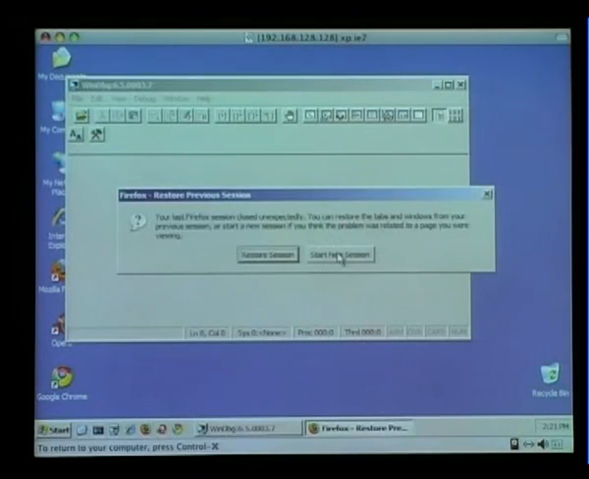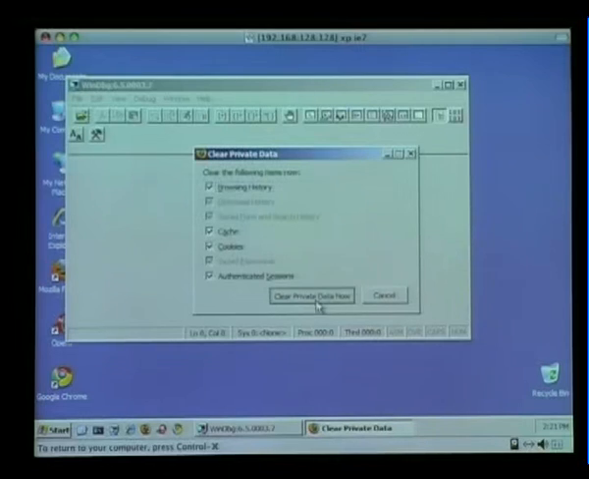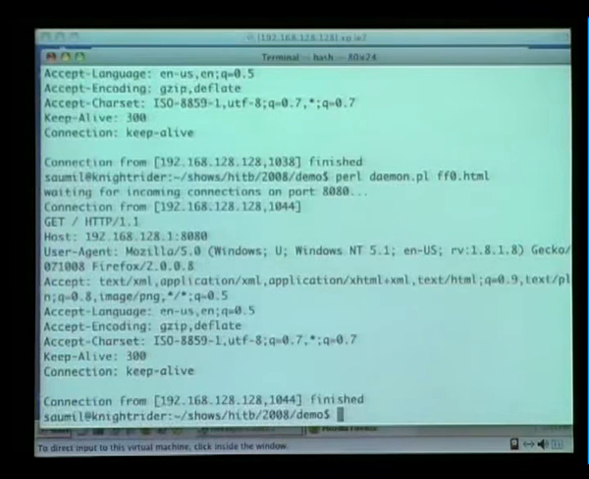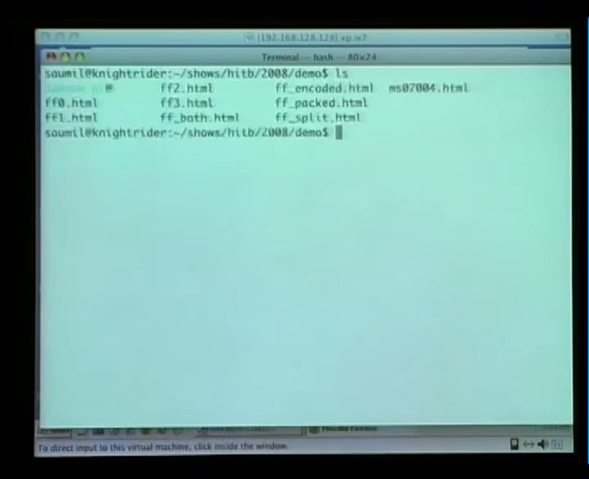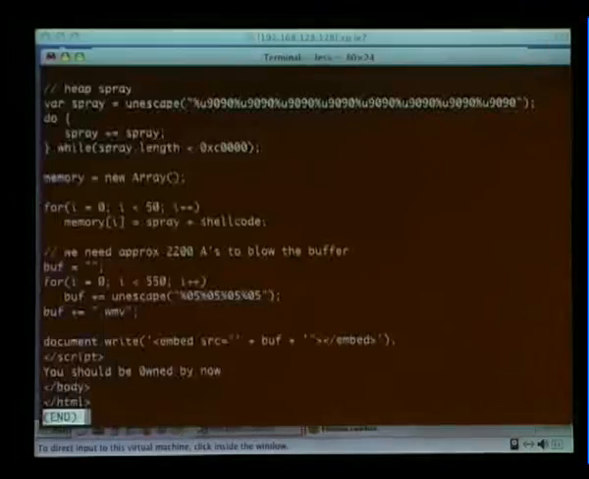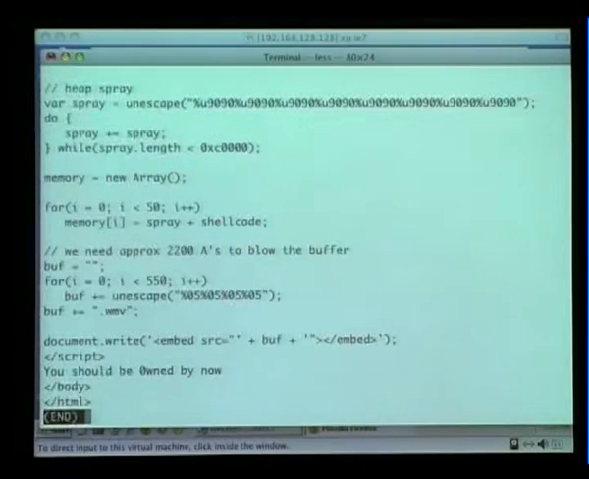Let me run Firefox again, and let's see how we can convert this crash into a real working exploit. So here's a final exploit that is pieced together. It's the same thing. We're still doing the same trigger, 2200 A's and triggering it,